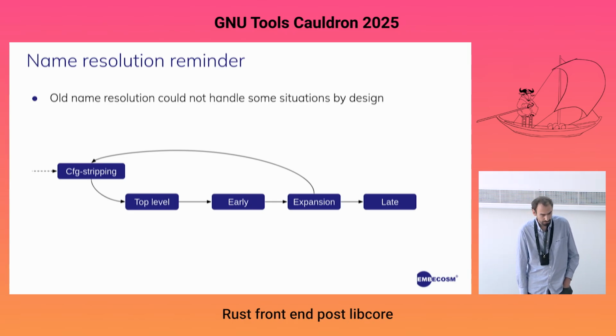So yeah, just as a reminder, name resolution in Rust is very complicated, and you need to first get all your top-level items, and then you name resolve some other items like your paths, and then you need to do macro expansion, check that nothing has changed, or if anything has changed, you need to go back to the beginning and name resolve everything that has been expanded until all macros have been expanded. And then at the later steps, you've got the late name resolution, which really handles the rest of the identifiers to resolve, like, let's say, variables and such.